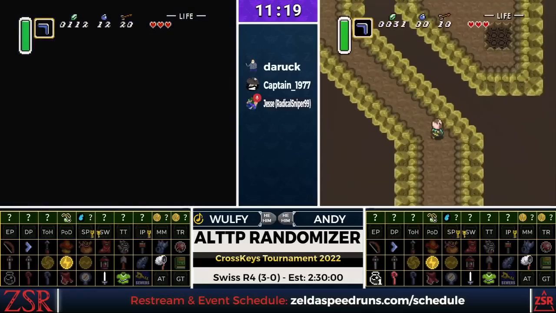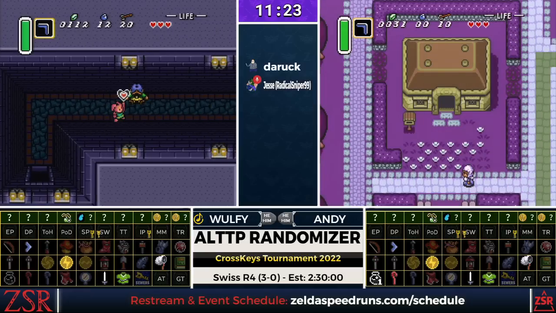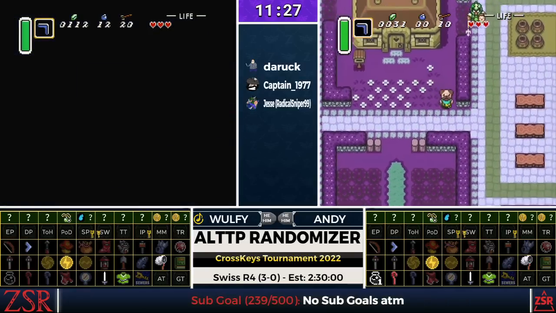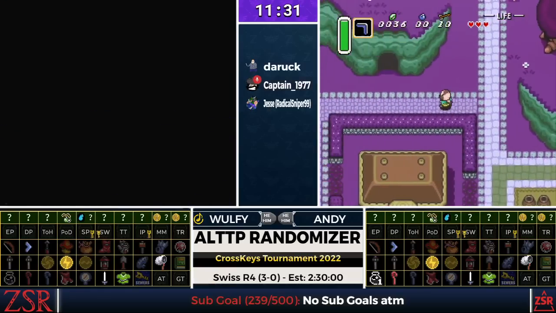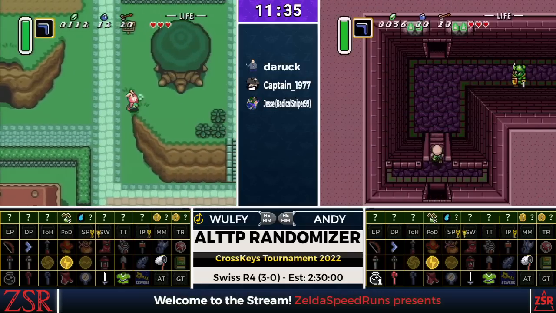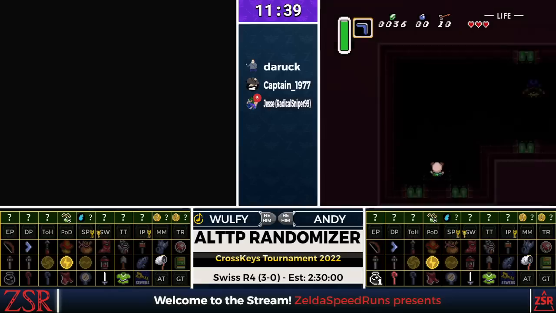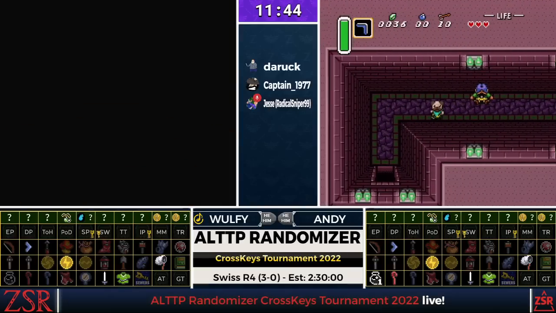So we did get the secret passage chest, nothing really there. Our uncle has just a piece of heart, so not really much. So stun prize, just 5 rupees today. Yeah, interesting play from Andy to summon the guards to check that stun. I like the idea there. Fortunately, he's still really far away from